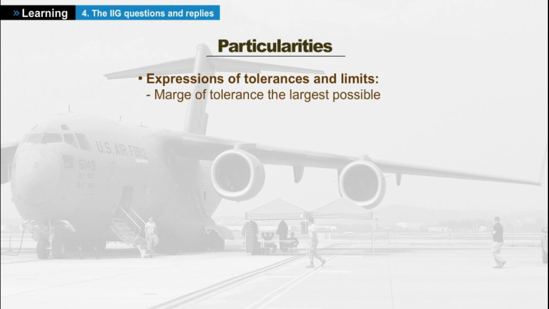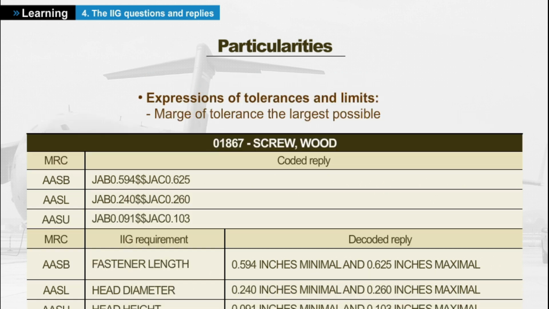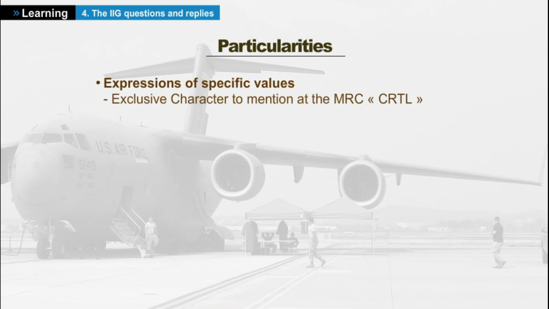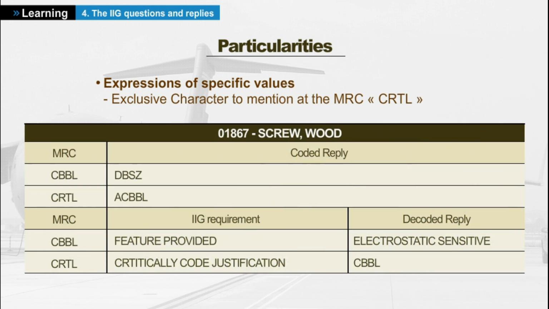To avoid the proliferation of item identifications, the characteristics of the item of supply should be given with the broadest possible tolerance consistent with the intended use of the item. In this case, the terms minimum and maximum, or any acceptable and not rated, are used to express the broader expressions. Example: When one or more characteristics give the item of supply an exclusive character, the specificity must be reported in the requirement. Justification for exclusivity, represented by CRTL. The reply will also refer to MRC code on characteristics regarded as exclusive. Example: